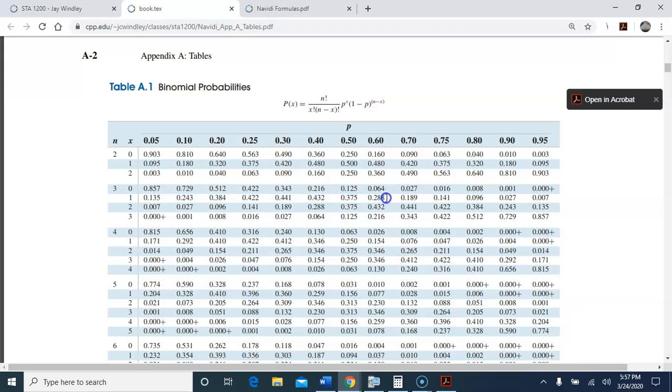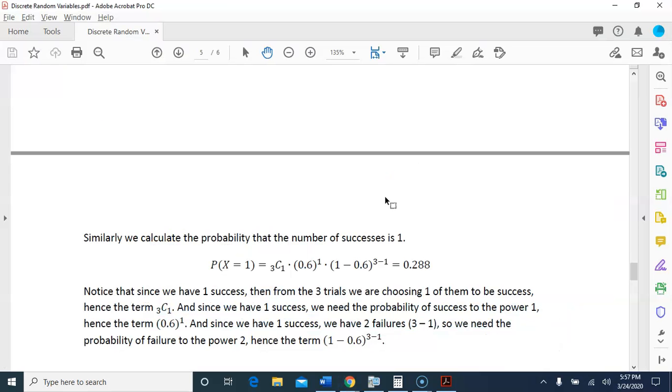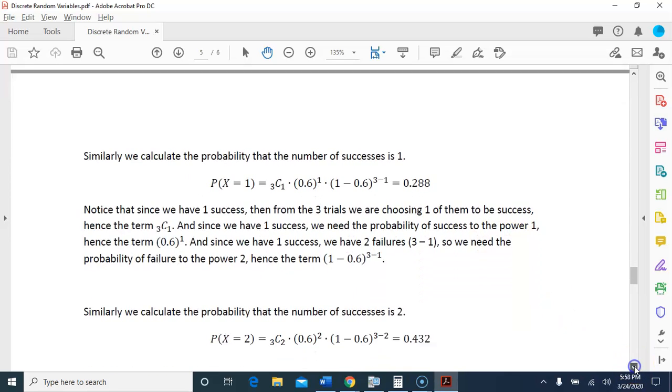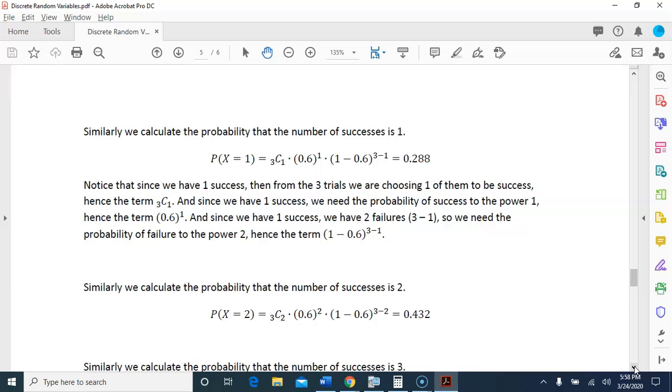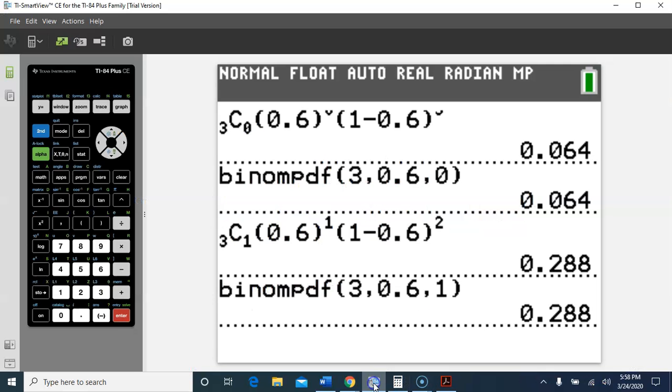To break down this expression a little bit, 3 choose 1 because there's 3 trials and we're choosing one of them to be a success. Since we've had 1 success, we have the probability of success to the first power. And since we've had 1 success, we've had 2 failures, 3 minus 1, so we have the probability of failure to the second power. In a similar way, we can figure out the probability of 2 successes, either by calculator,